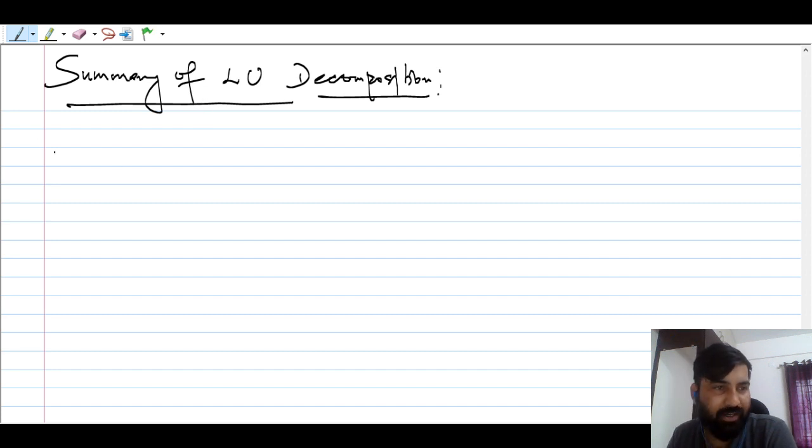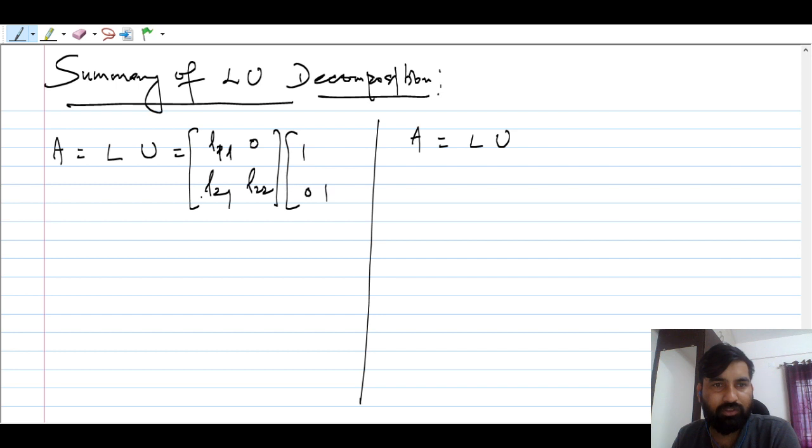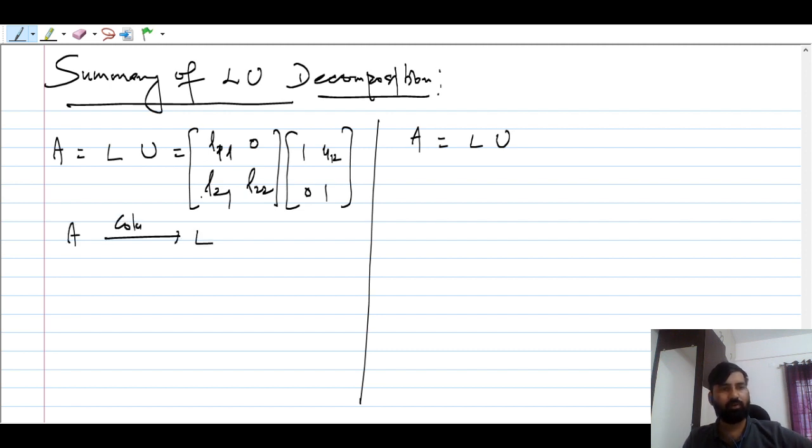देखो, अगर मान लो A को आप ऐसे फॉर्मेट में, ठीक है, A को आप LU में कन्वर्ट कर रहे हो, बट यहाँ L का जो फॉर्मेट है कुछ ऐसा है, L21 0 L22 L, sorry, L, 1 minute guys, let me write properly। तो अगर मान लो ऐसा है L11 0 L21 L22 एंड U आपका 1 1 0 U12 है, राइट। तो आप क्या करोगे इसमें A to L फाइंड करना है, दैट इज कॉलम ऑपरेशन। ओके, एंड